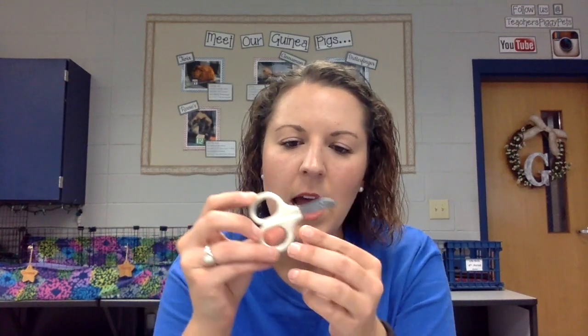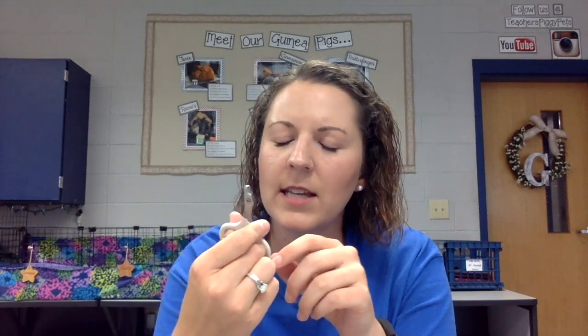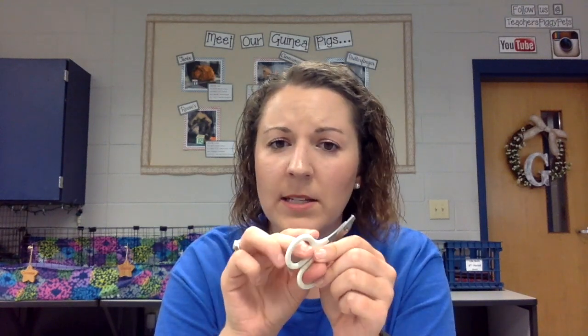There are things that I do, like when I clip their nails, and these are the materials that I have. First thing is a nail clipper. I do have an extra human nail clipper, but I just prefer this angle much better. And I think this is actually a cat trim, like their nail clipper. I'm not really sure. It was in the guinea pig section, but